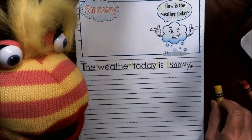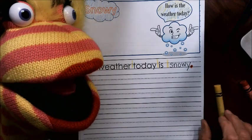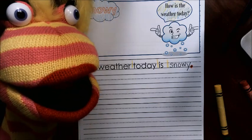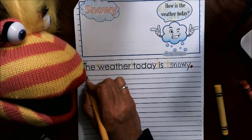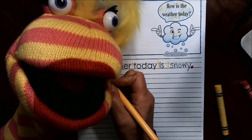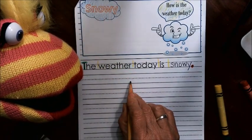Okay, now, how do we feel? We've been doing this all week, and we're trying to be super positive and remember that it doesn't matter what kind of weather it is, that we feel what, Maisie? We feel happy. That's right. We can feel happy about any kind of weather. So what's the next sentence, Maisie? I feel happy. Boys and girls, if you can do that one all by yourselves today, pause the video, write